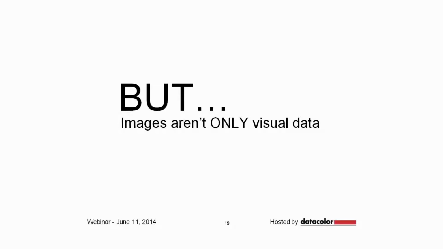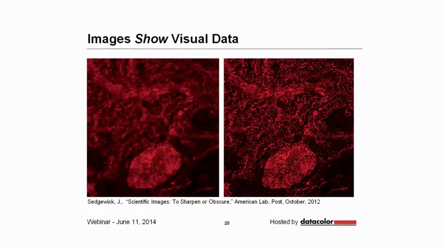But images aren't only visual data. They also show something. They show you what it was that you once saw through the microscope. In this instance, you see that there's a Purkinje cell on the left, and while it looks appropriately stained and certainly shows that staining has occurred, the image on the right looks markedly different. Now the staining is punctate or dotty. And so in this instance, the acquired image actually did not look like the image that was seen through the microscope,